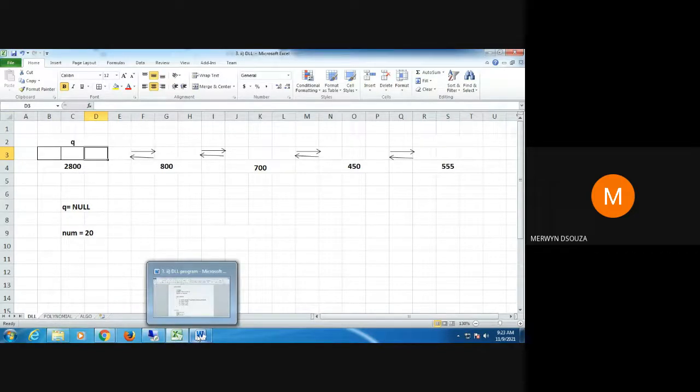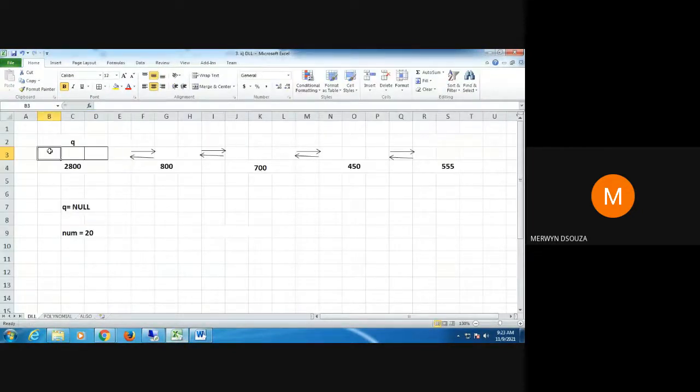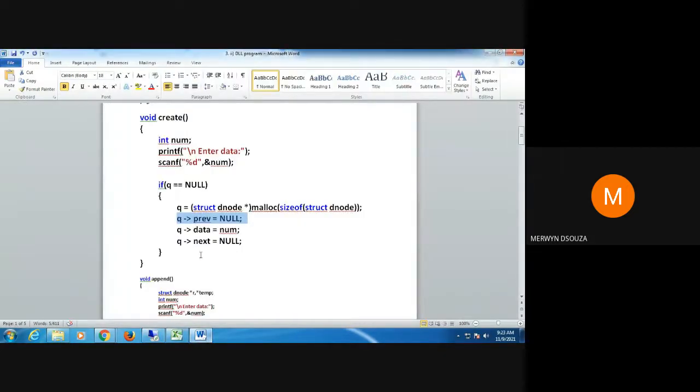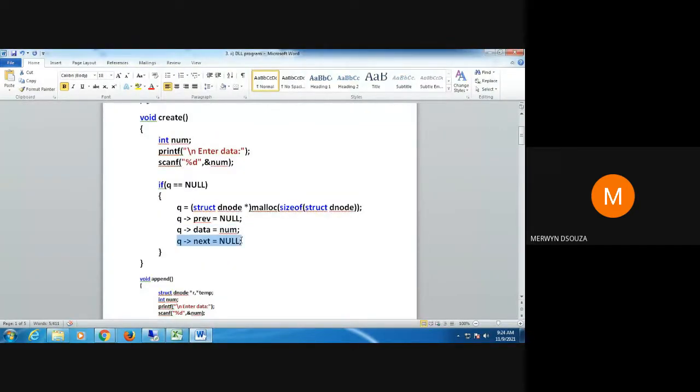Let's do that in the programming. So here we write q arrow previous equal to null, so this will become null here. Then we store the data, so we write q arrow data equal to num, so 20 comes here. And then we have to make the next part also equal to null, because this is the first node as well as the last node of your doubly linked list.